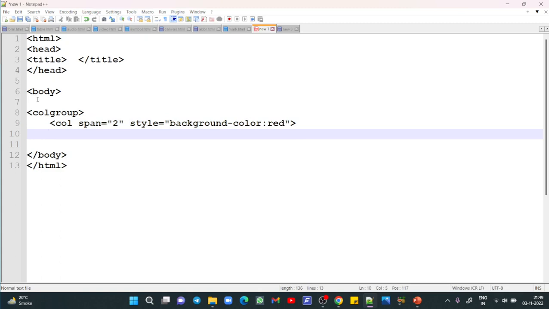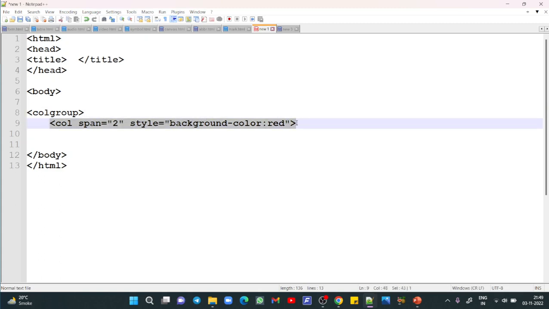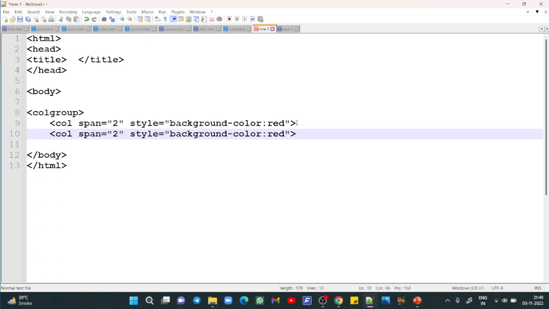Now let's write this again. Let me just copy this particular statement, copy and paste. Okay, so here I am writing col style only. Col style background color is, let's say, yellow.